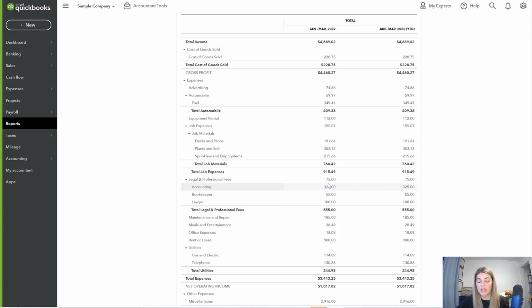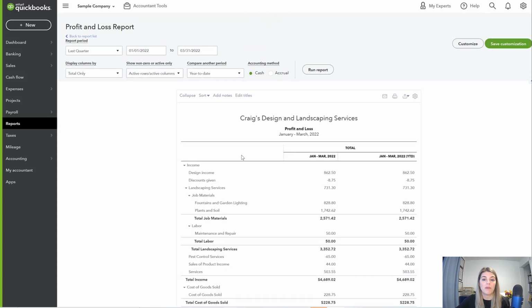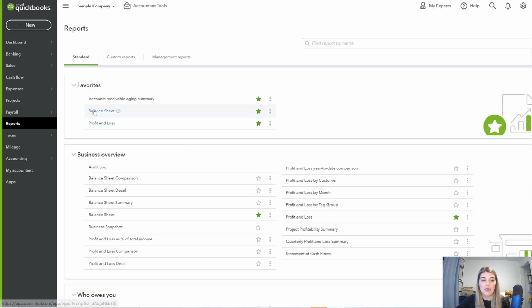What was that expense? What was this? What was that? And that will help you make any changes for the future. Okay. So the next thing that I think is extremely important for every business to look at every single month